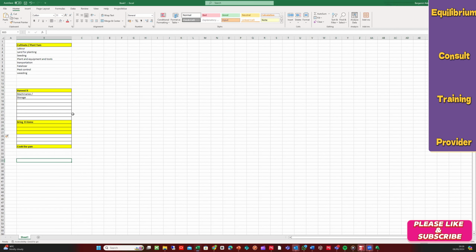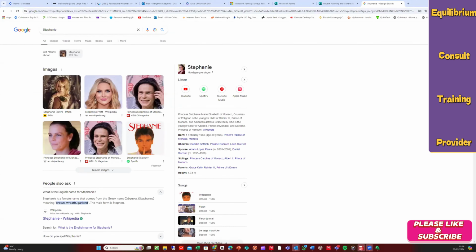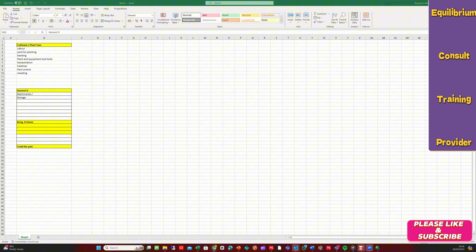Okay, so between this time and that time, we need to weed, we need to control, we need transportation, we need labor. We're going to look at it as well. When we're assessing it, if there's anything we think we don't need, we can take it out. But it's good to first of all pour out what is on your mind, then you can have a good sit down and start looking at how you can filter them, and then filter out wherever you don't need and stuff like that.